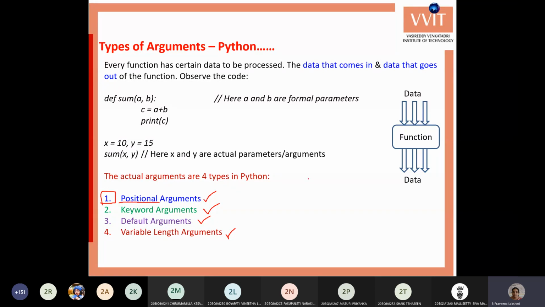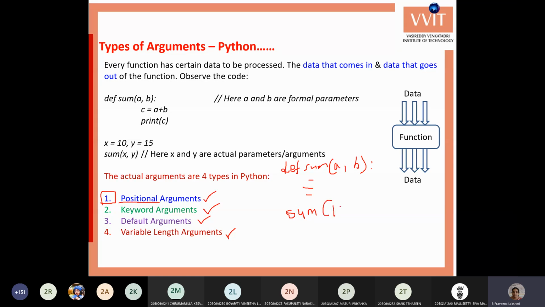Say for example, the function is defined with 2 parameters, a comma b, with def. We have some lines of code here, and after this function definition, I'm calling the function: sum of 10 comma 20.